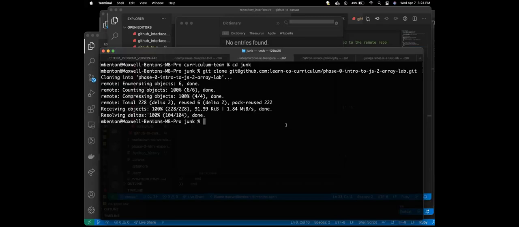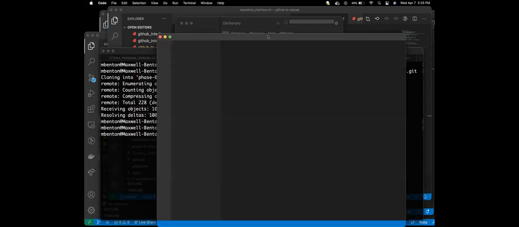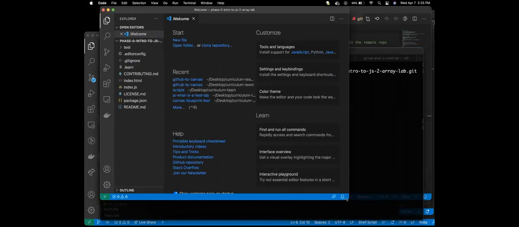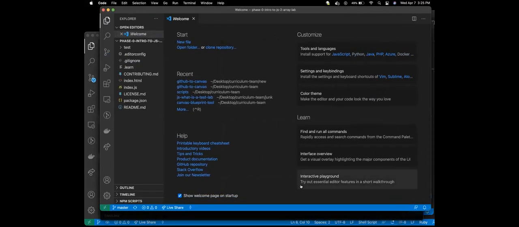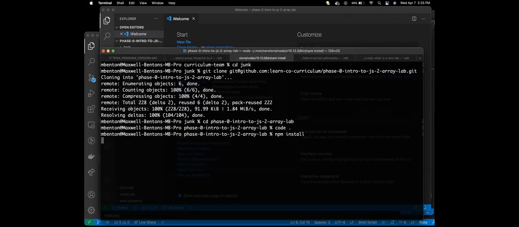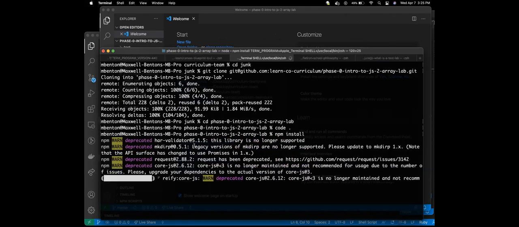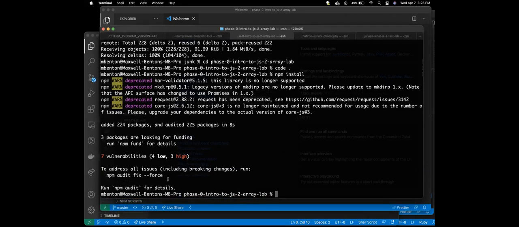I'm not sure how good this recording will be because it's going to be a lot of trial and error, but we'll see. So what I'm trying to do is I've just cloned down this repo, and I want to try to recreate this error that students are experiencing, where they run npm install and they're seeing that there's a bunch of warnings at the end about outdated dependencies and vulnerabilities, and they're following the instructions that they're given here,